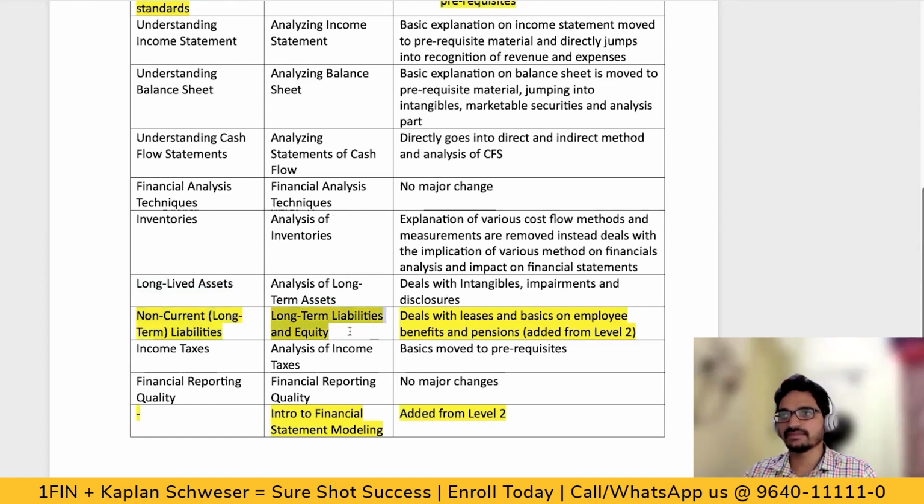The non-current long-term liabilities topic has been renamed as long-term liabilities and equity. And here, the basics of bond, accounting treatment for bond, everything have been moved to prerequisites, while the leases, specifically the treatments of operating lease and finance lease, how IFRS 16 is dealing with it, those kind of topics,